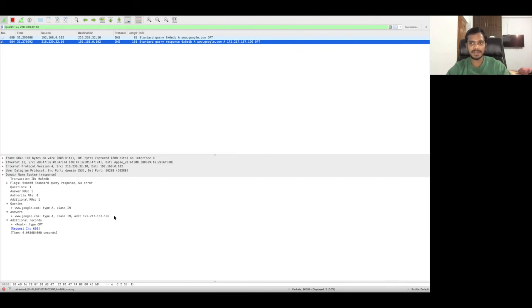So you see, with the help of dig plus trace and Wireshark, we can see it. I'm repeating this again and again, but I have already told you in the first video itself how DNS works. Then you will think, why am I showing you this with the help of dig and Wireshark? Because here you are actually seeing what's happening. In the theory, I am telling you that this is how it happens, but here you are actually able to see. These are the packets that are flowing from my laptop's network interface to the internet, and from the internet to my network interface. So I can exactly see what's going on in these DNS queries and DNS responses with the help of Wireshark and the dig command.